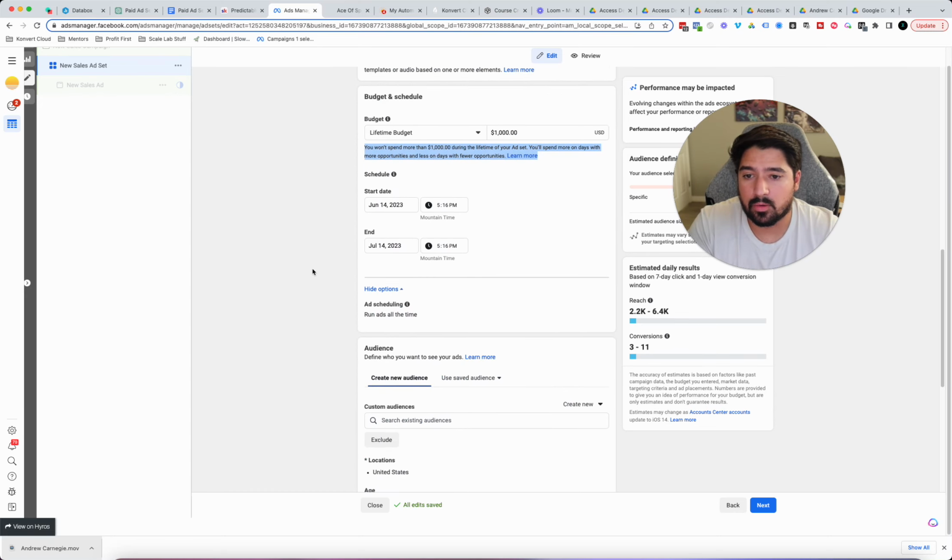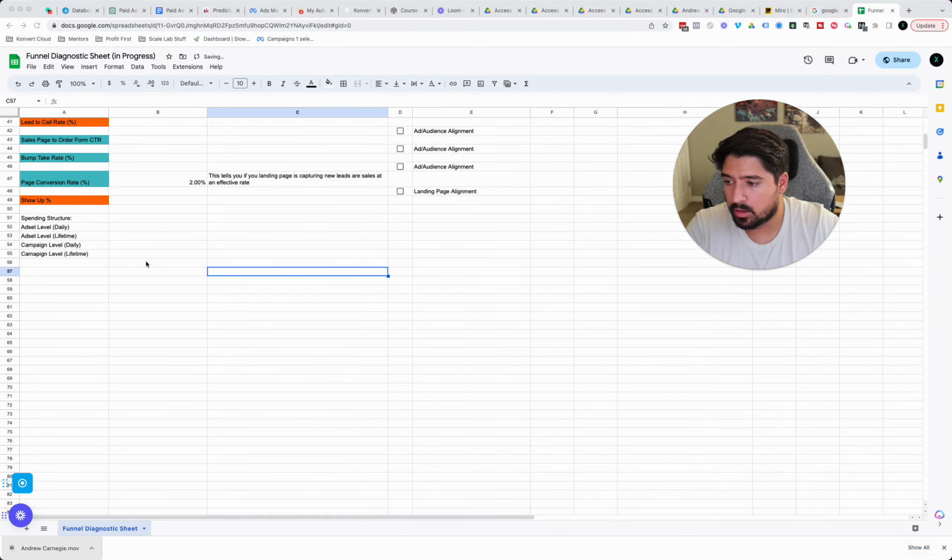Let me show you the structure of when I like to use the different kinds of spending in different scenarios. So I'm going to put this in our funnel diagnostic cheat sheet. If you want access to the sheet,